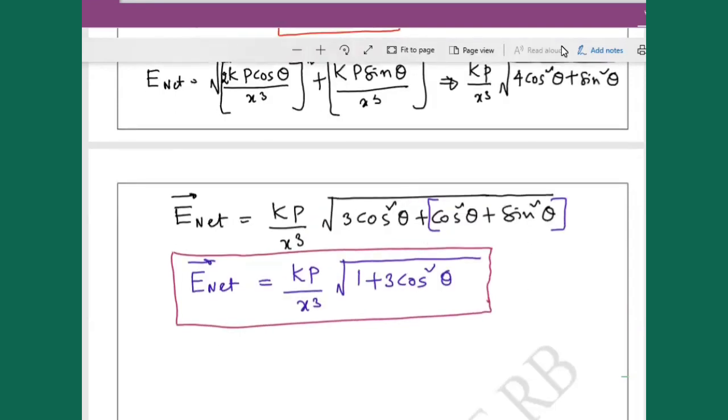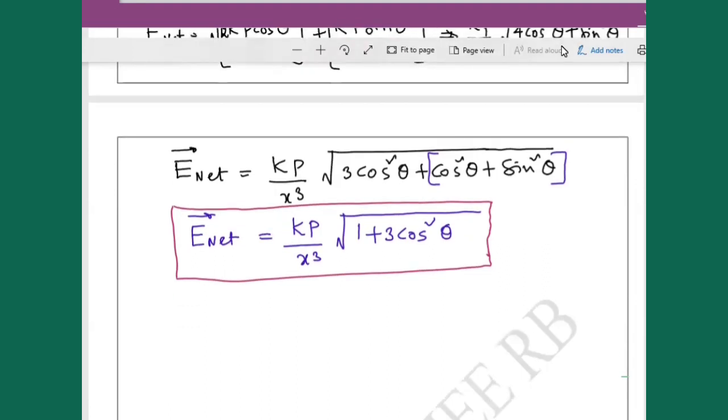Next, let us substitute and verify this one for axial. If I want E axial, for the axis, what is the value of theta? Can anybody expect? कोई बोल सकते क्या? 0. Rupa gave it first, 0. So the answer for the axis is 0.